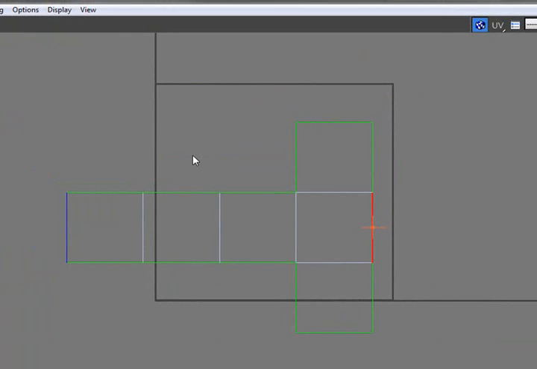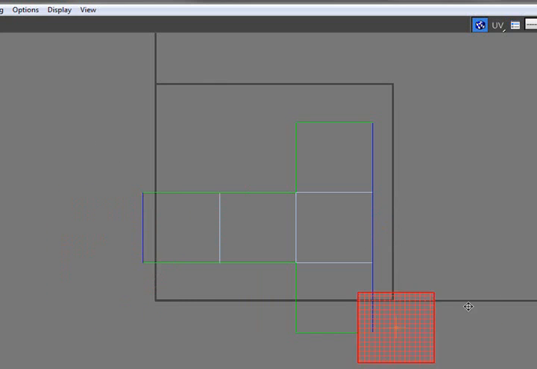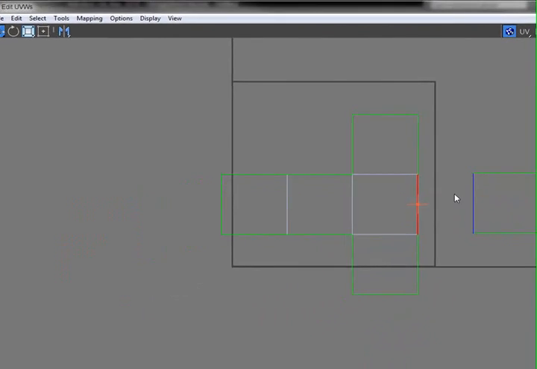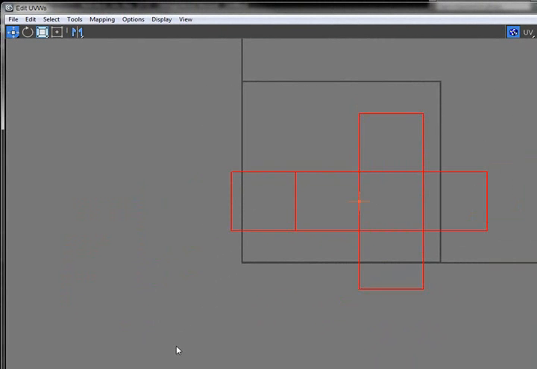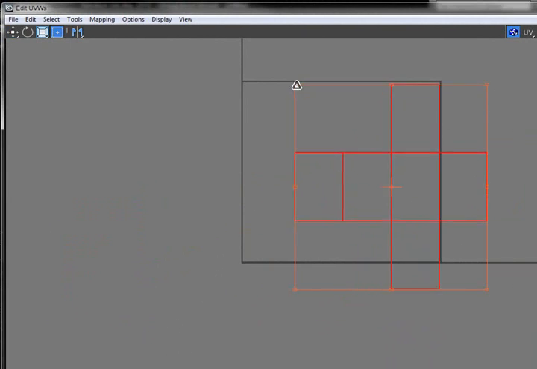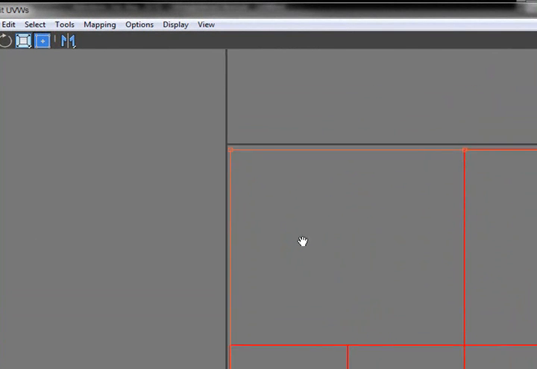Now, a lot of you in class noticed that this may be different than what you did before, where we had another piece up here. We can select things and actually detach the edge vertices and put it up here if we'd like. See? So maybe I'll do that just because it was what you were used to seeing. Now, while we were in class, I was letting students get away with having this actually skewed like this. That was fine because I wanted you to grasp more the concept of what it was we were doing